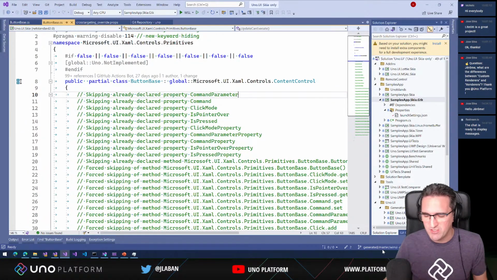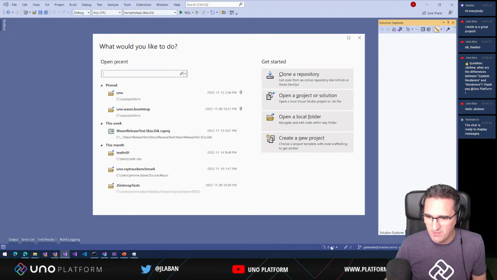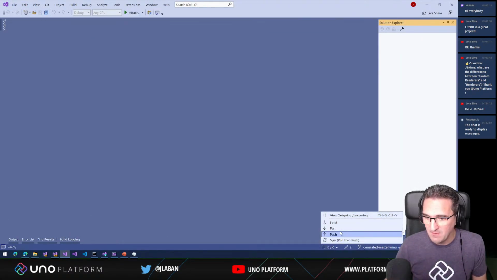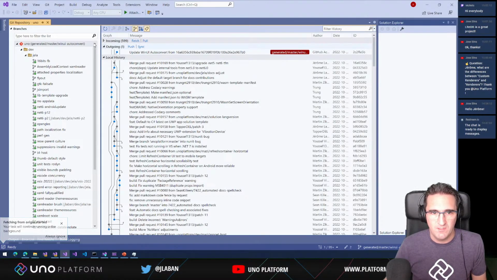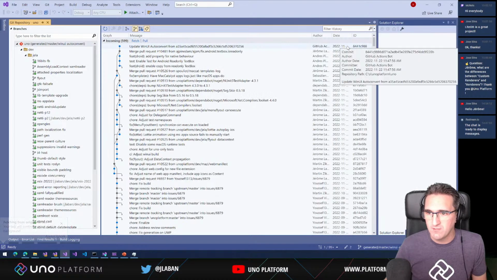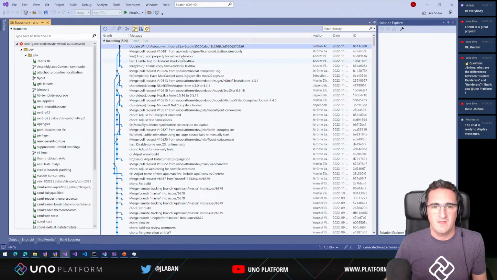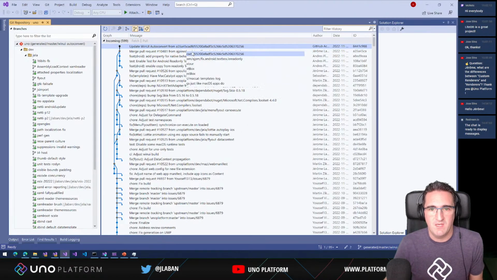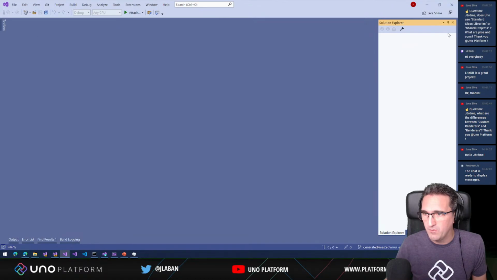So we can see here that the branch for my solution is already on WinUI autoconvert. Though what I'm going to do is make sure that I'm using the latest of that branch. So to do this, I'm just going to reset the branch to the latest commit that was available here. We can see that it was done this morning here in Montreal. So I'm going to reset to that commit. So it's going to take the latest sources that we have for all of this. So now we can reopen the solution